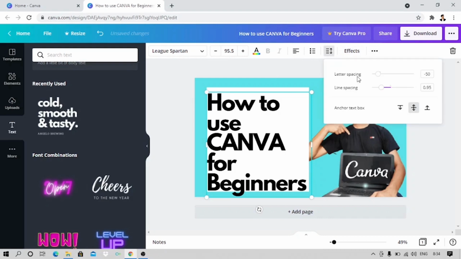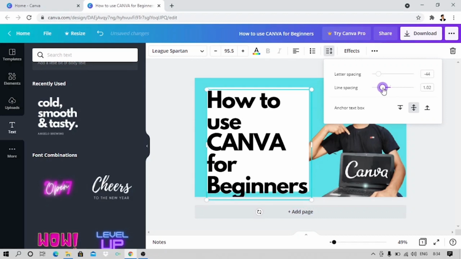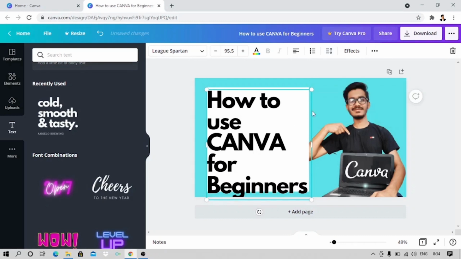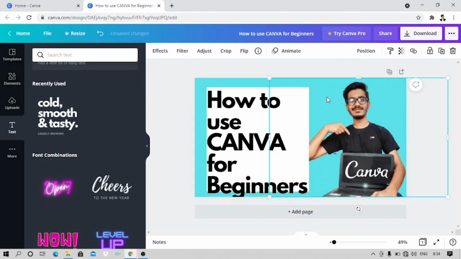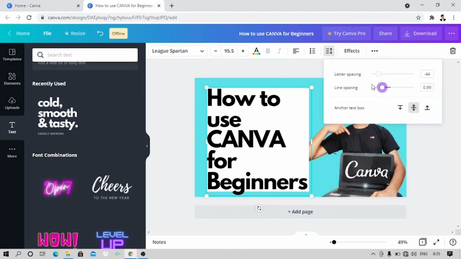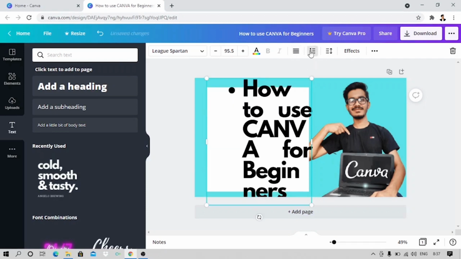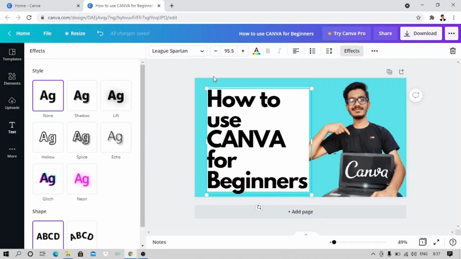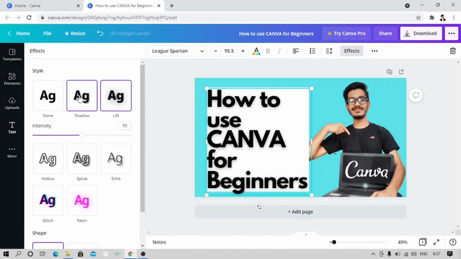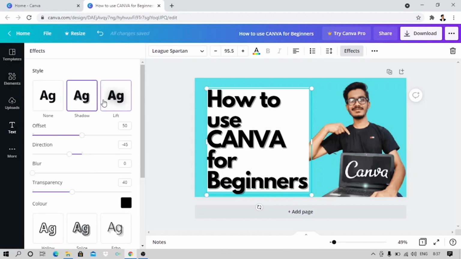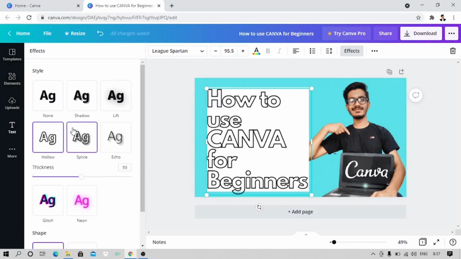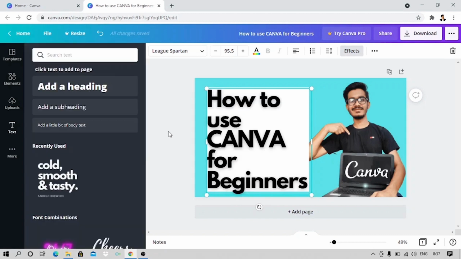You see the options available there? You can choose spacing in between the letters and the lines as well. Adjust it after spacing the way you see fit. Again, the white strip comes into the action for uplifting the text. You can align the text, add bullets and stuff. Here's the part. You can also add effects such as shadow effect, lift effects, splice if you want. I'm gonna go with the lift because that's my favorite.